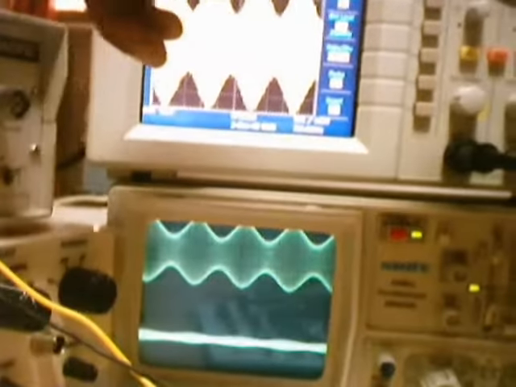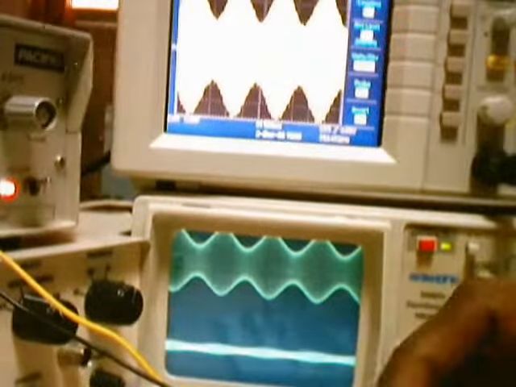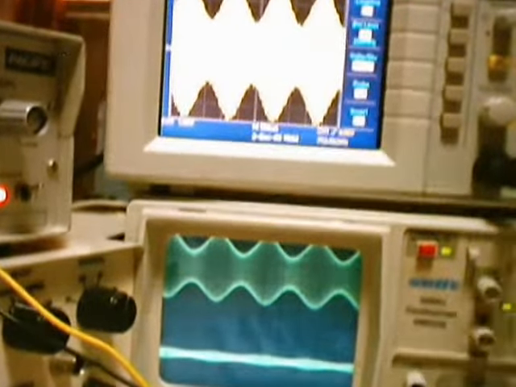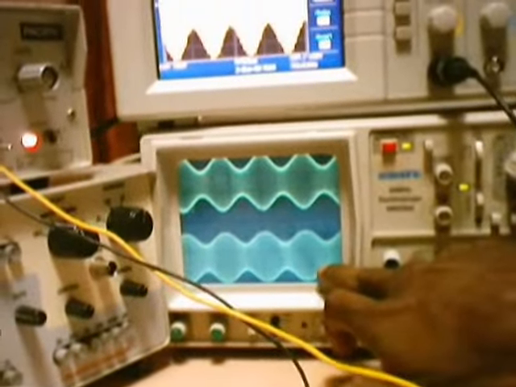Now the local oscillator frequency FLO should be the tuned frequency plus the input frequency. The tuned frequency is around 400 kilohertz, and the input frequency is around 0.75 megahertz. Now when I keep the frequency around 1 megahertz, I'm supposed to get the output. So I'm just varying the frequency. Now you can see I'm getting the output waveform.